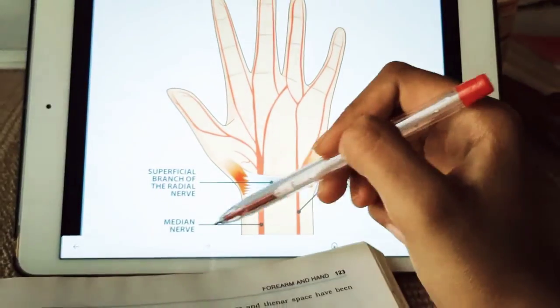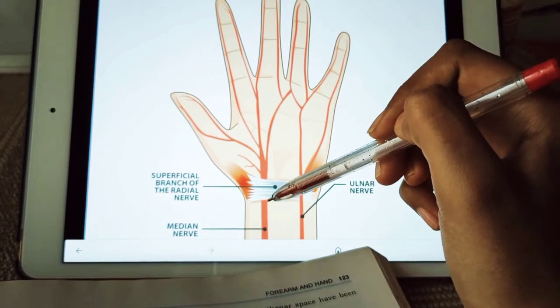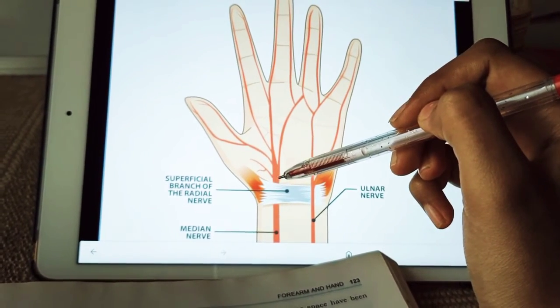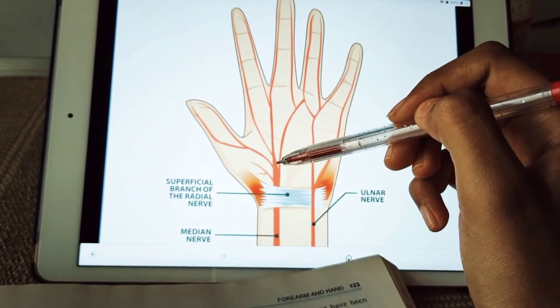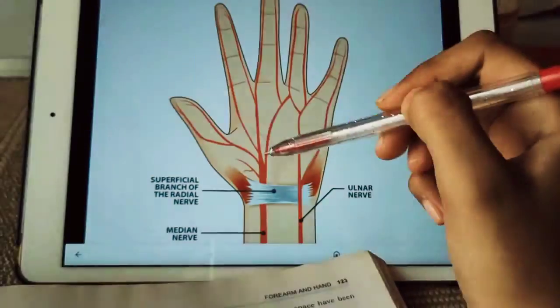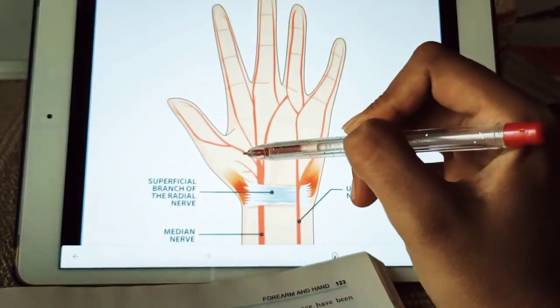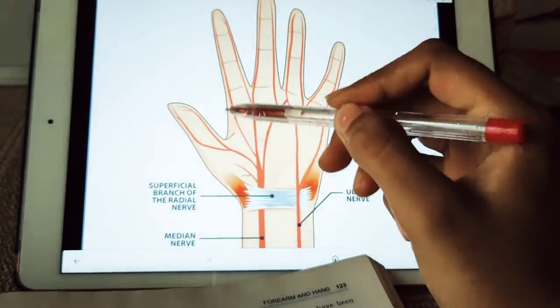So what is the course of the median nerve? The median nerve lies deep to the flexor retinaculum. You can see it is passing under the flexor retinaculum. Okay, and in the carpal tunnel enters the palm. Soon it terminates by dividing into muscular and cutaneous branches. You can see one is a muscular branch and one is a cutaneous branch. Mainly the muscular branch is supplying the thenar muscles, and also a cutaneous branch which supplies these parts.